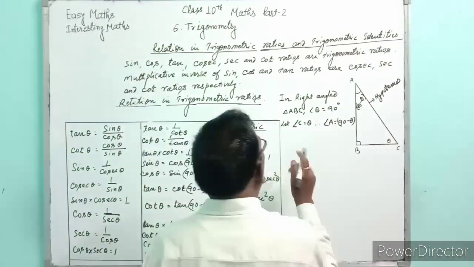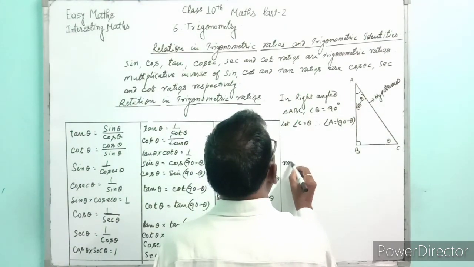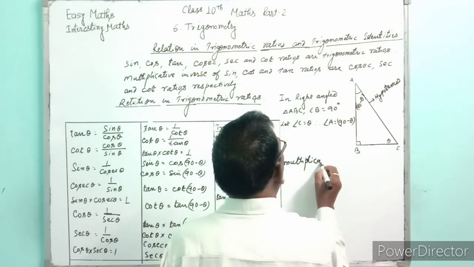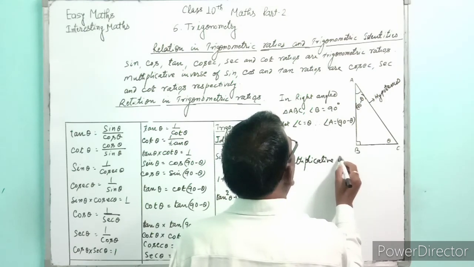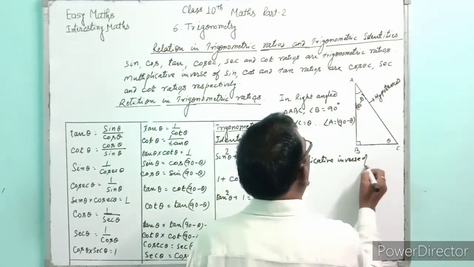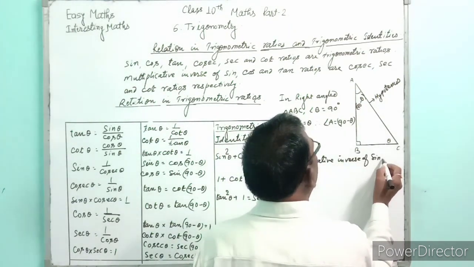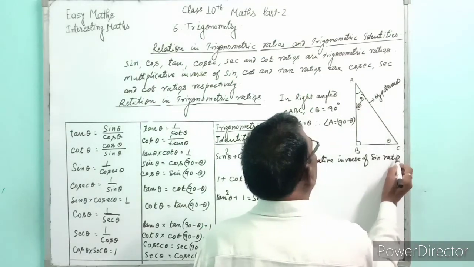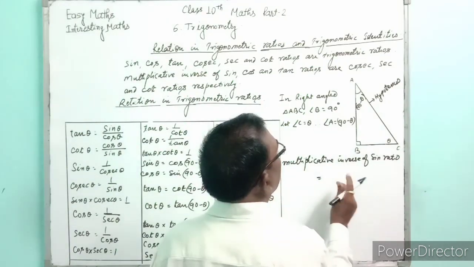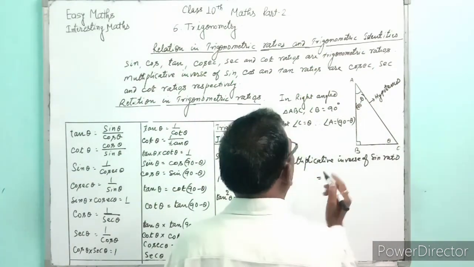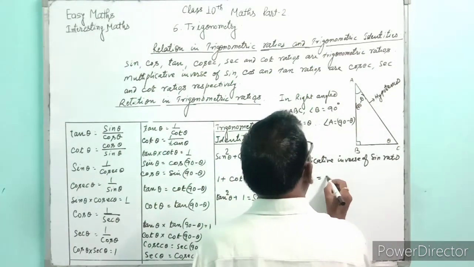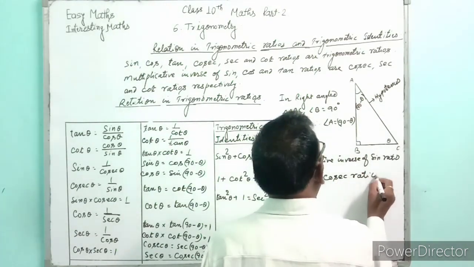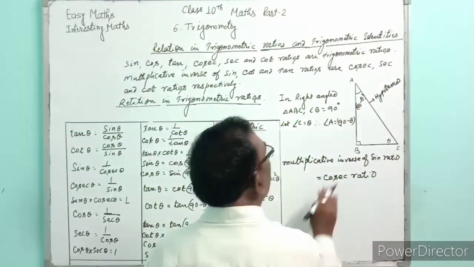So I write here, multiplicative inverse of sine ratio is equal to cosec ratio. Therefore,